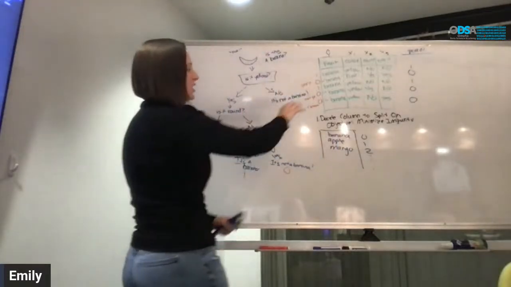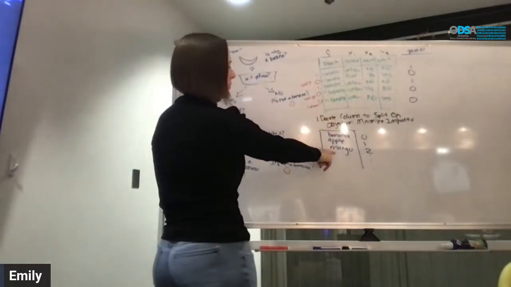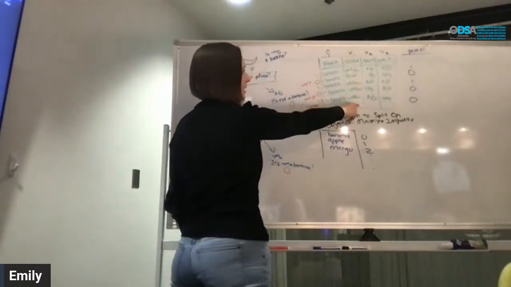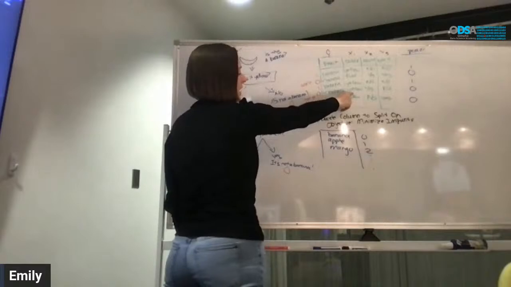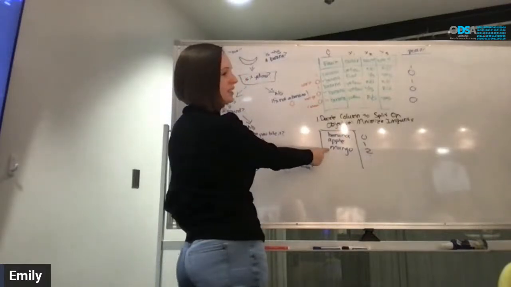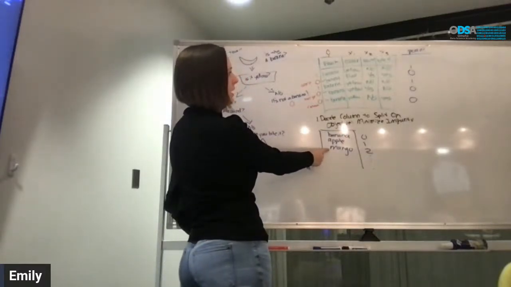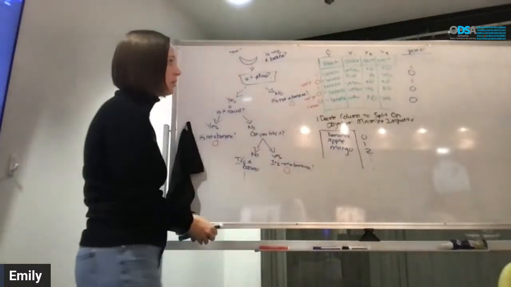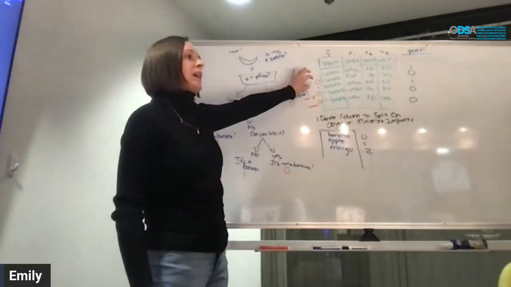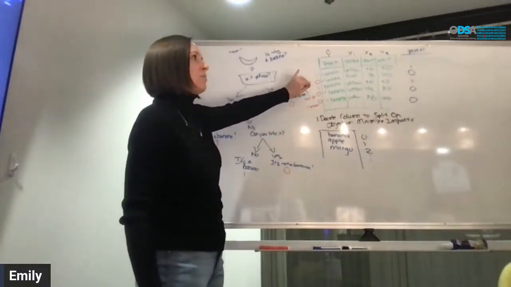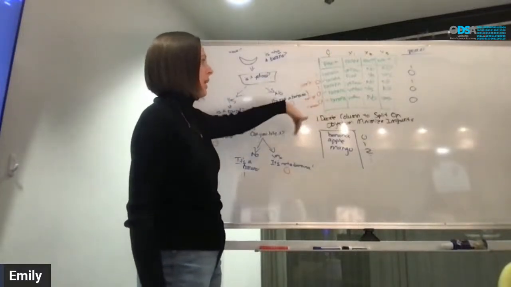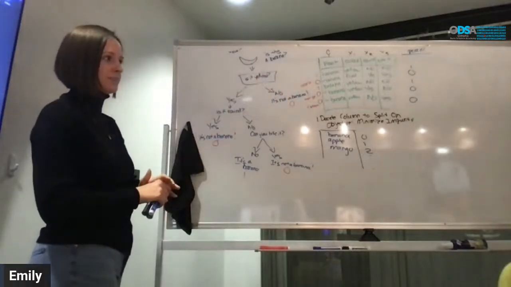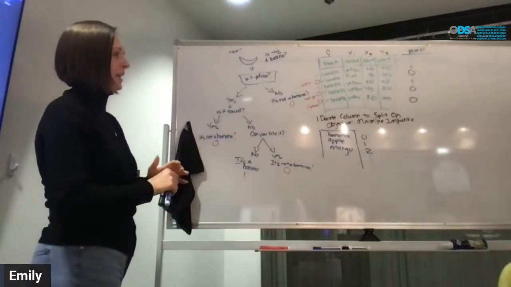I tried to do this because it's simple, but if we think about this one, what's going to happen is it's going to do that same thing, looking at that same column, but comparing that separation across the different classes. So comparing it across mango. In this case, we only have one example of a mango, but imagine we had a bunch of different examples of a mango. Maybe mango creates a more pure split than it does for banana, so that it would choose that one instead. Okay. That was a really bad way of explaining that.